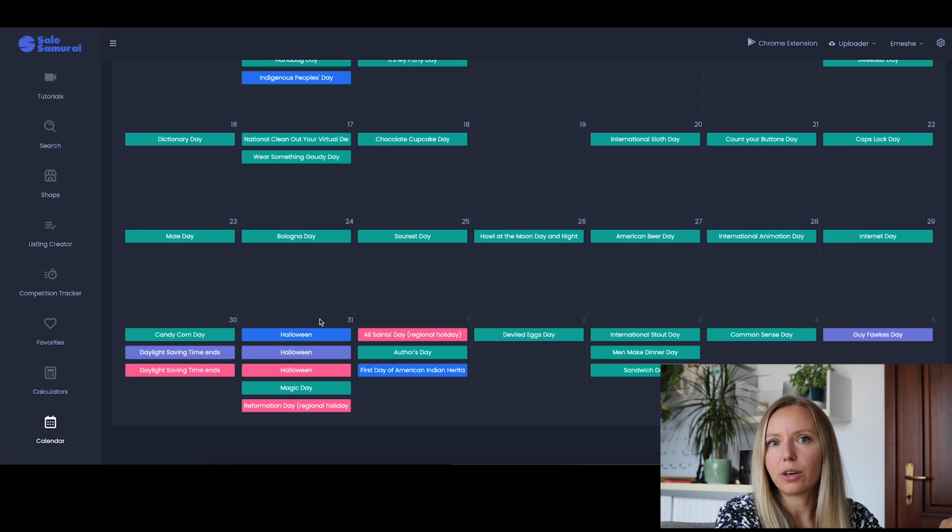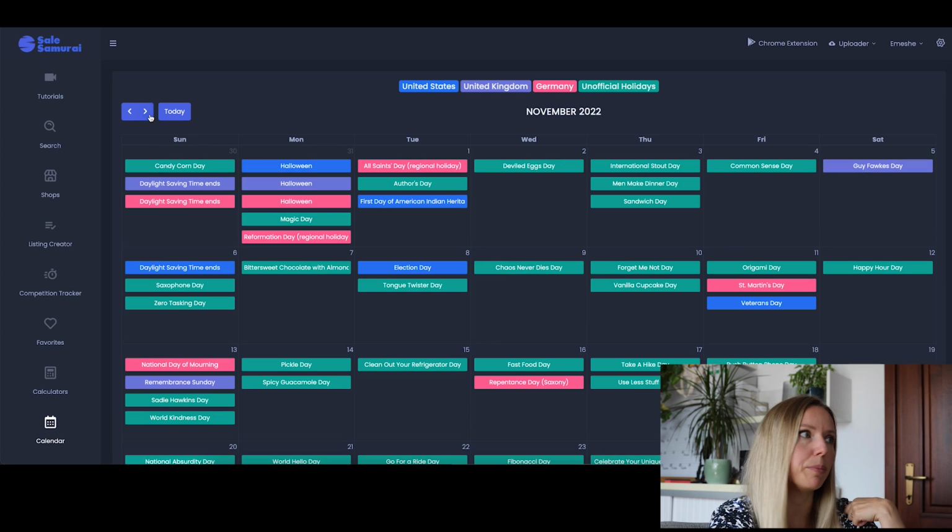Dress-up parties are getting popular amongst children, but not among adults, and we tend to celebrate the Reformation Day rather than Halloween. Okay, let's take a look at November. We have lots of colors again.